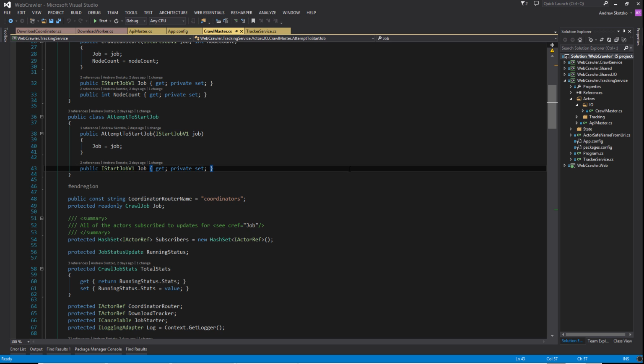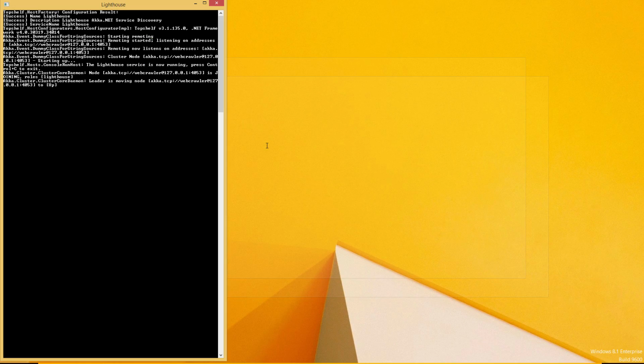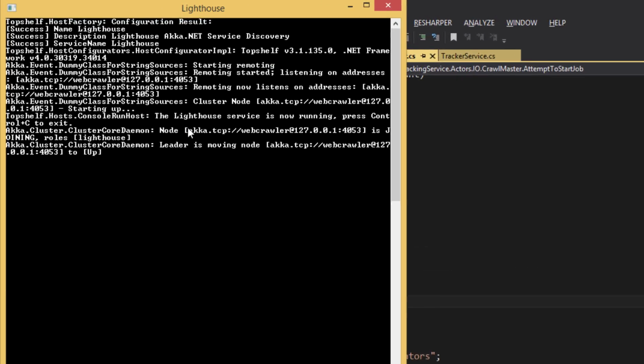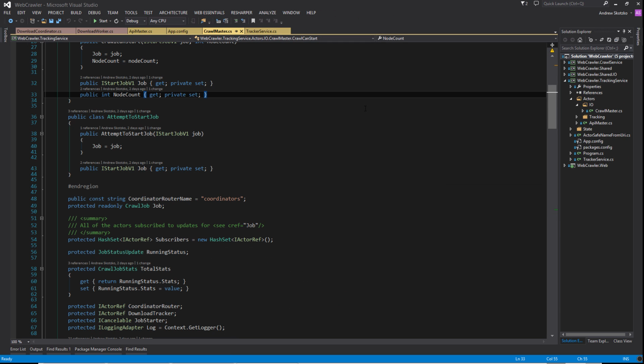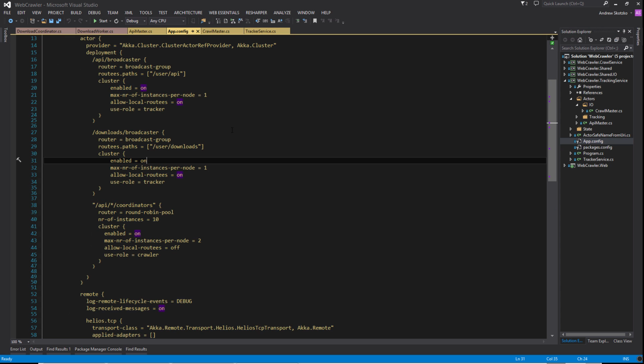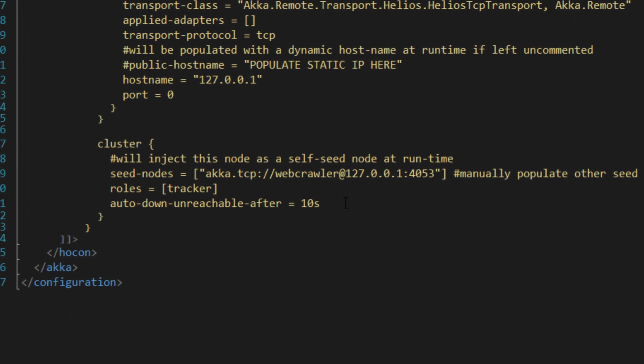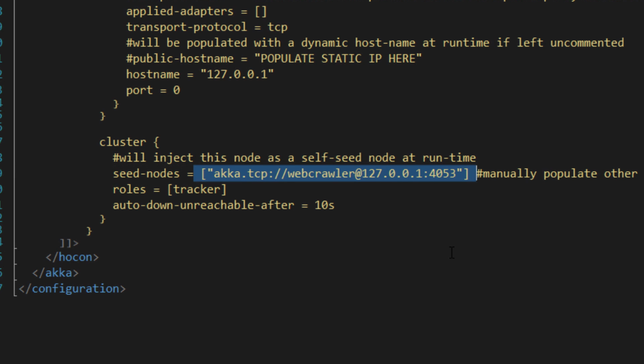Okay, I'm going to show you just really quickly a demo of what the web crawler sample looks like. So here I am inside the web crawler solution, which you can get on GitHub. So then you can see I have Lighthouse already running here. So again, Lighthouse is my dedicated seed node. It's living at localhost port 4053. And it's just going to be a dedicated seed node for the rest of the web crawler. If I go into app config, down here to cluster, there's my seed node. That's Lighthouse right there. So everybody's going to be looking to Lighthouse on this port at this address to form